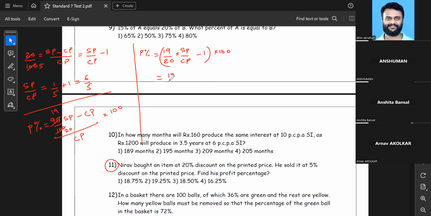The next line, 19 upon 20. SP upon CP is what? 6 by 5. I'll write it as 6 by 5. I get 3 over here. I get 10 over here. Minus 1 multiplied by 100. So this should give me 19 into 3 is 57, minus 1, 57 by 50 multiplied by 100. So that should give me 14%,